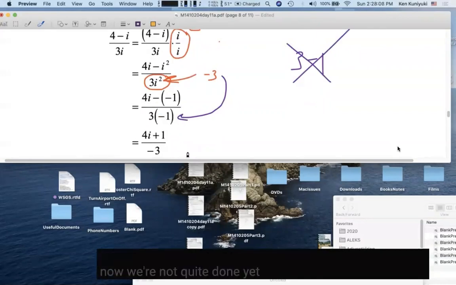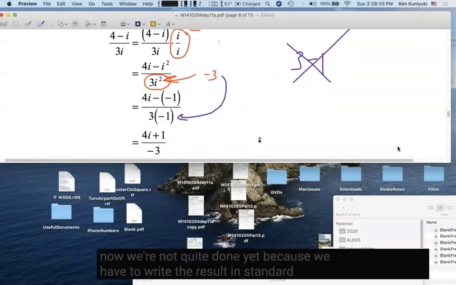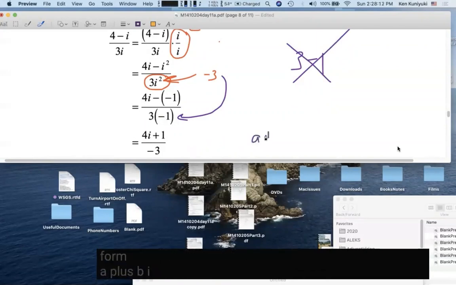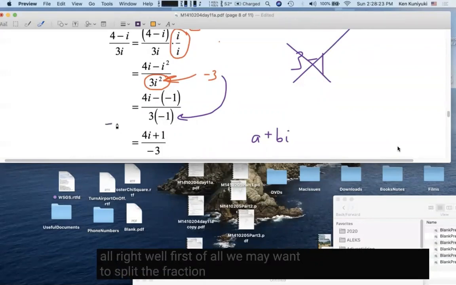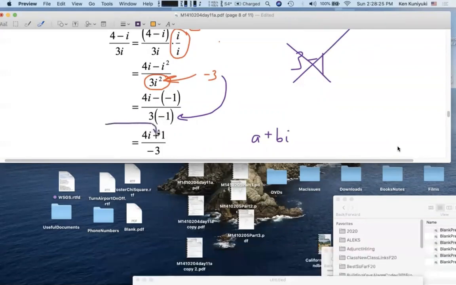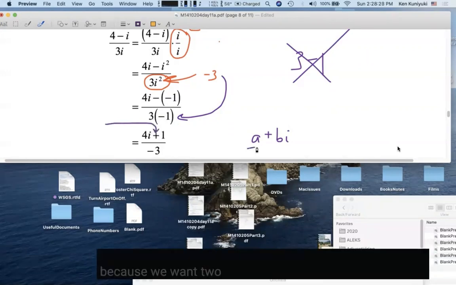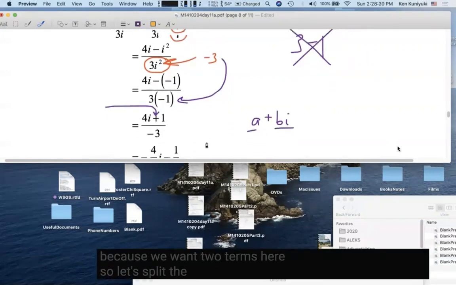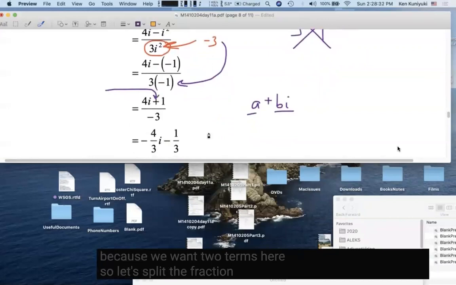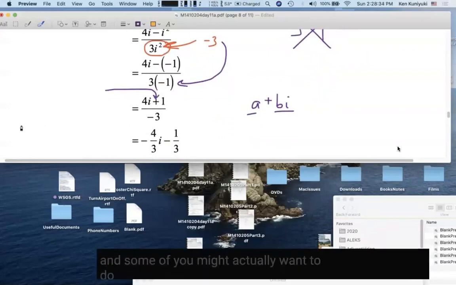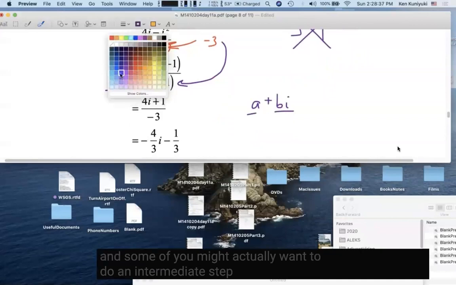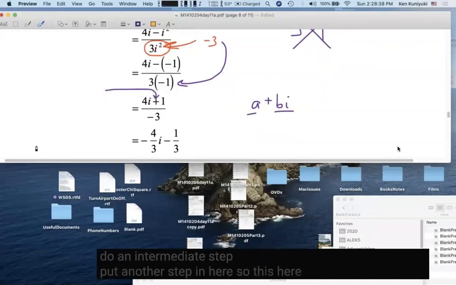Now, we're not quite done yet because we have to write the result in standard form. a plus bi, where a and b are real. If b is negative, this will flip to a minus sign. All right, well, first of all, we may want to split the fraction because we want 2 terms here. So let's split the fraction. And some of you might actually want to do an intermediate step. Put another step in here. So this here equals